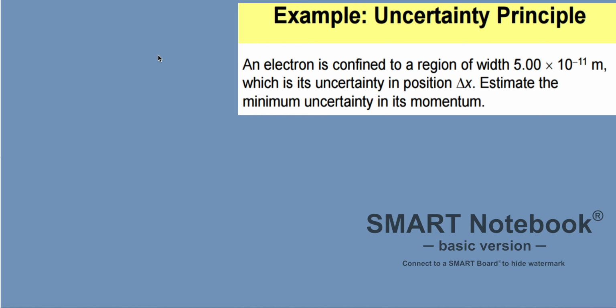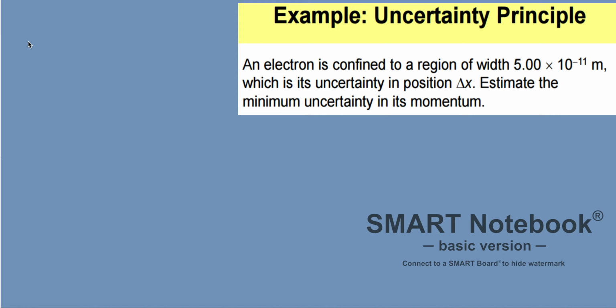Principle, an electron is confined to a region of width of 5.00 times 10 to the exponent minus 11 meter, which is its uncertainty in position delta x. Estimate the minimum uncertainty in its momentum. So